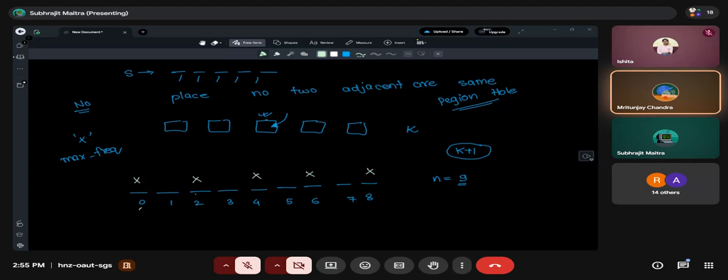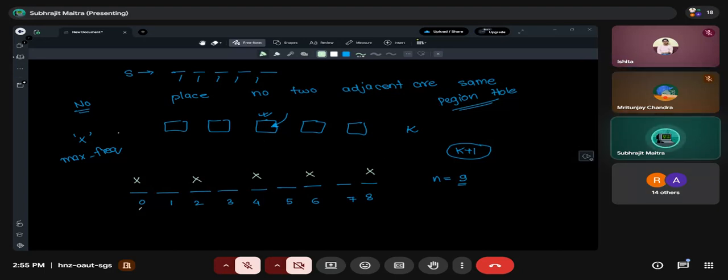Yes, Bhaiya. If the max frequency of a character becomes greater than (n plus 1) by 2, then we can never place them without making them sit beside each other. Because we have (n plus 1) by 2 number of safe holes.